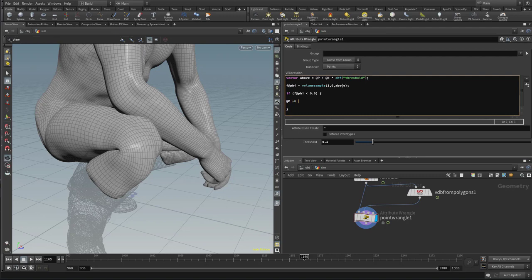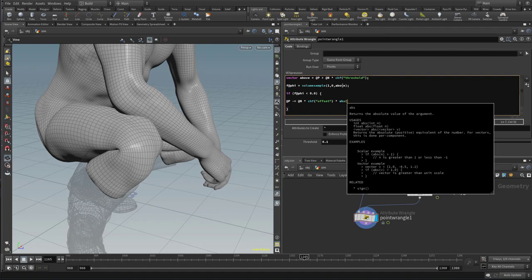And we're going to do that based on our normal. So at normal times a channel offset. So a value like a slider we want to do. So we'll say channel float. We're going to call it offset. And then that is multiplied times the phi value. But it can't just be the phi value, because if the phi value is negative, then it's actually going to make it go positive. So we'll take the absolute value of our phi value,